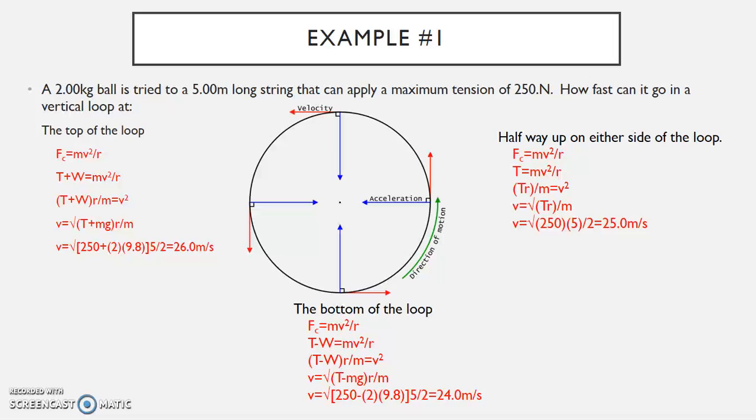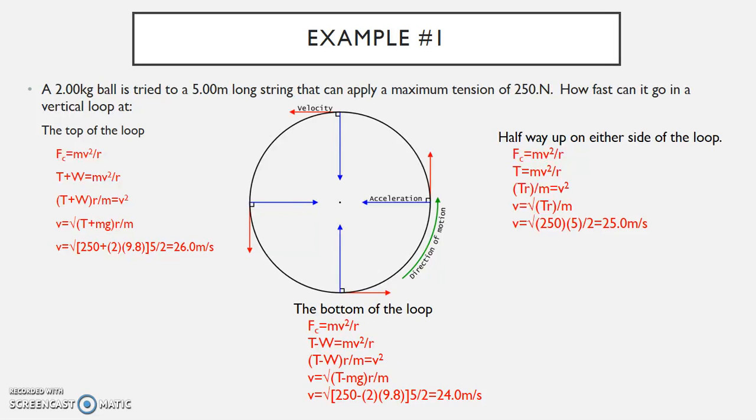So the sum of that, multiply the radius and then divide by the mass overall. So we should get, if you add those from the problem, 250 newtons plus 2 times 9.8, remember, is the gravity constant. The 2 is the 2 kilogram, that's the mass of the ball, divided by the 5, which